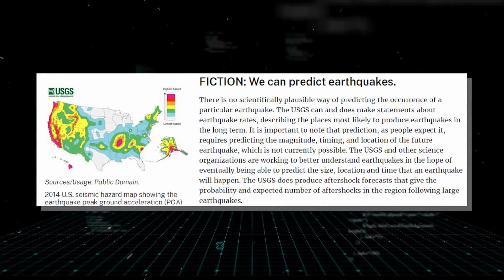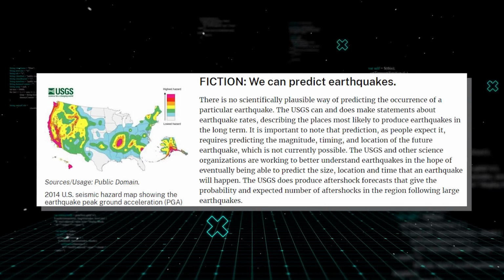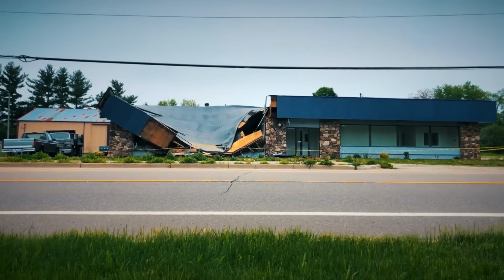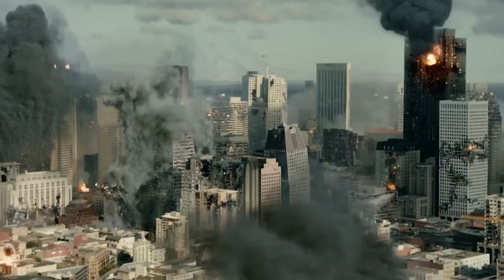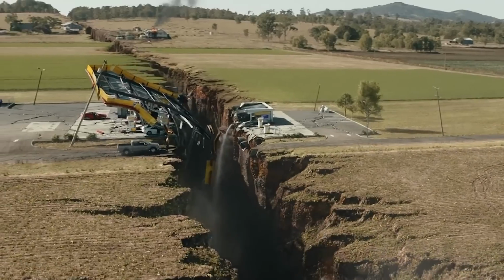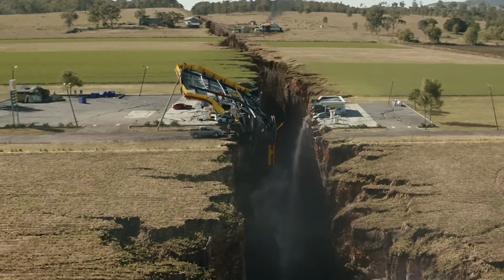Catastrophic earthquakes are bound to happen every 200 or so years, according to the US Geological Survey. However, we still can't predict when these will happen exactly. But in the case of the San Andreas fault line, we do know one thing for sure: an impending earthquake will cause massive amounts of destruction.